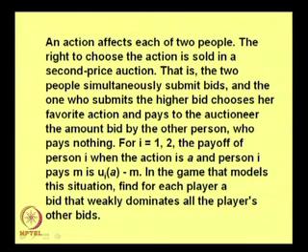For i equal to 1 or 2, the payoff of person i when the action is a and the person i pays m is u_i(a) minus m. In the game that models this situation, find for each player a bid that weakly dominates all the player's other bids. So, in short, there are 2 players